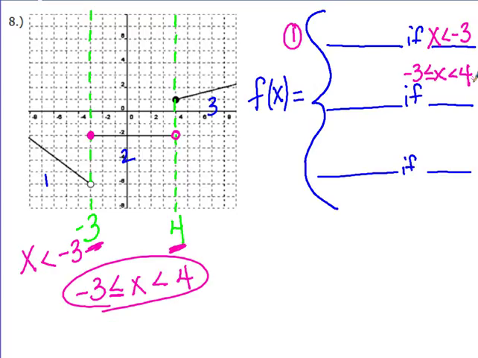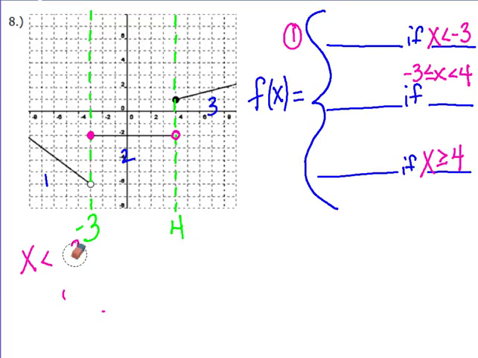And then for our last piece, we are compared to 4. So these are x's that are compared to 4. We have a closed circle, and we're going to the right. So greater than or equal to 4. I'm going to transfer that over. Pause and go back and look and ask questions if you are confused. If not, I'm going to go ahead and continue